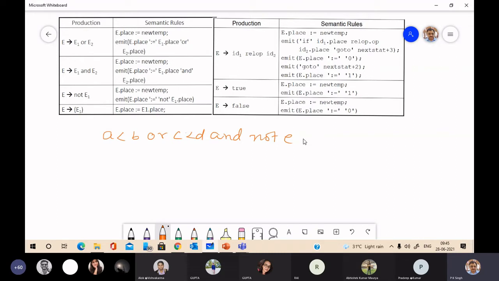Now we go for translation. We start from this 100. First, A is less than B.